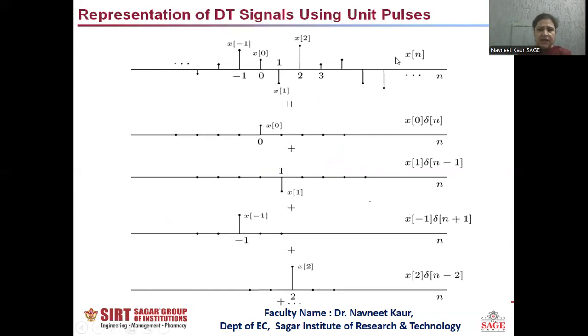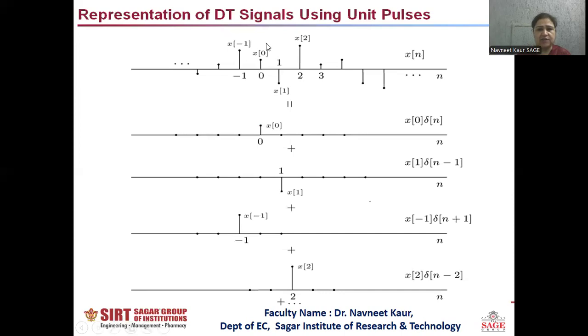Now suppose I have any signal x[n]. We can see that at n is equal to 0, the amplitude of the signal x[n] is represented by x[0]. At n is equal to 1, it is x[1]. At n is equal to 2, it is x[2], and so on. Now, if I want to break up the signal components using impulses, then I'll say that the sample at n